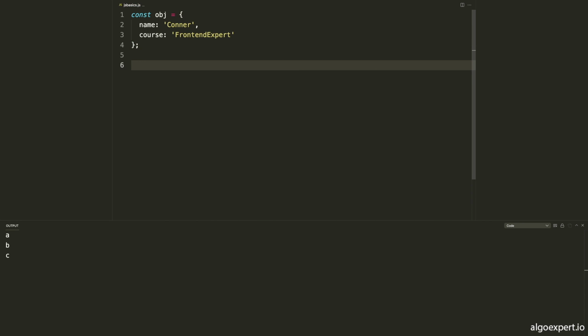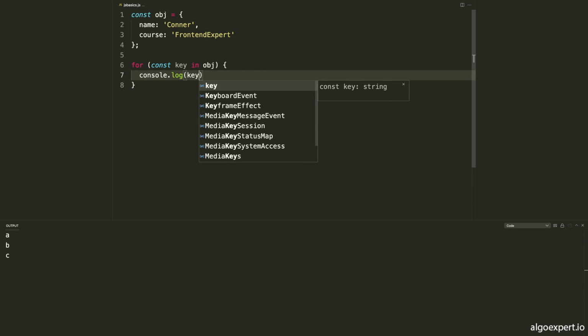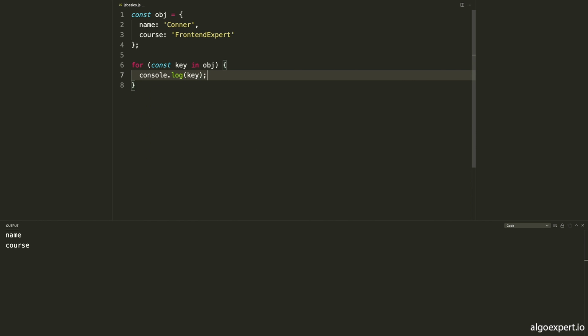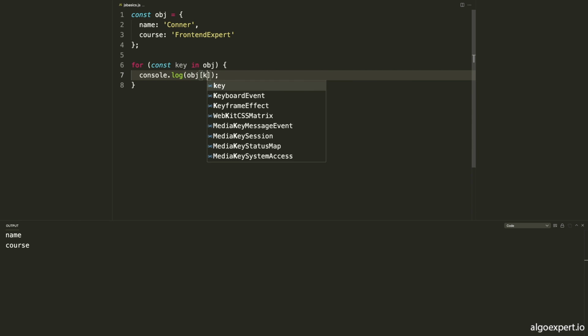Then what we can do is we can say for, and we'll do const key, but instead of of, this is going to be in. So it's going to get every key in the object, and we can say obj, and then we can simply do console.log of key. And this will end up logging out the different keys. We could also get the values, so we could do obj at key, so we can use this bracket syntax if we have a variable that we're trying to get out of the object,